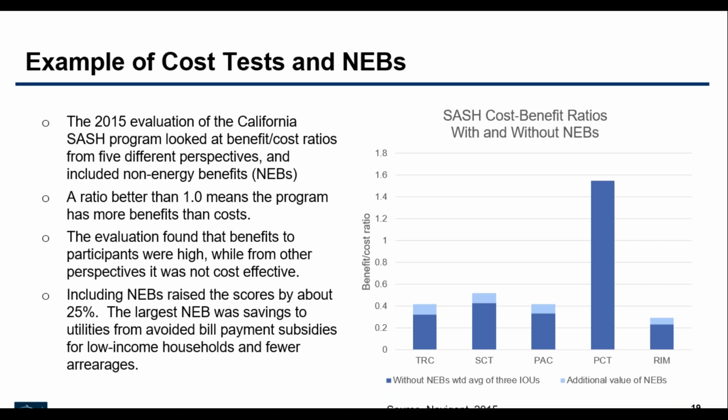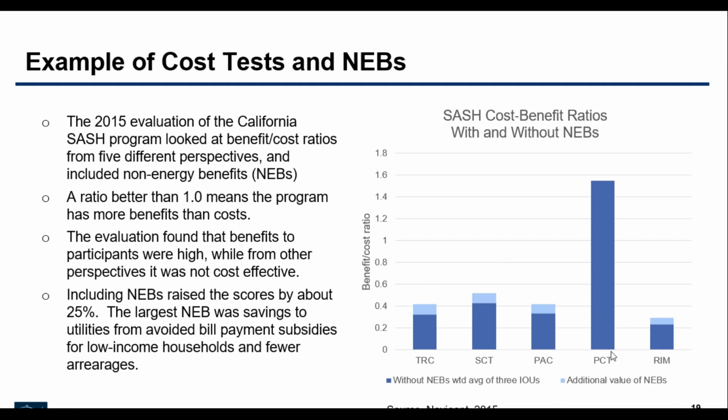One example, I mentioned how important it is to include the non-energy benefits and the societal benefits for low-income solar programs. The SASH program in California did an evaluation in 2015 where they looked at all of the cost-benefit ratios. These are the 5 different tests they used. And I won't go into detail about all the different tests, but